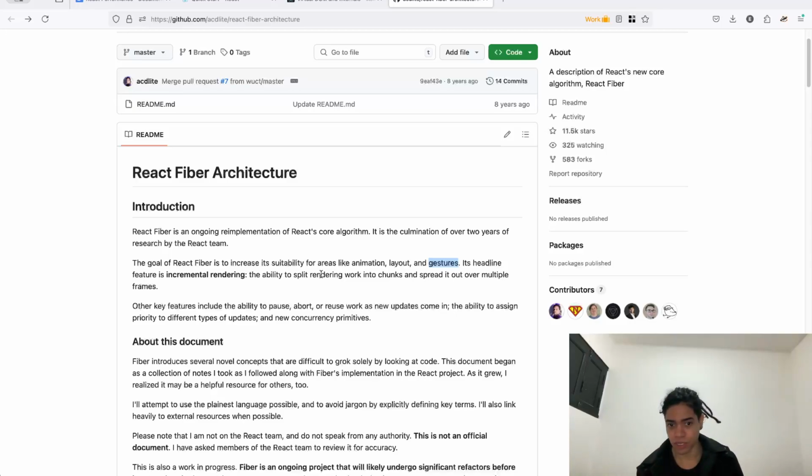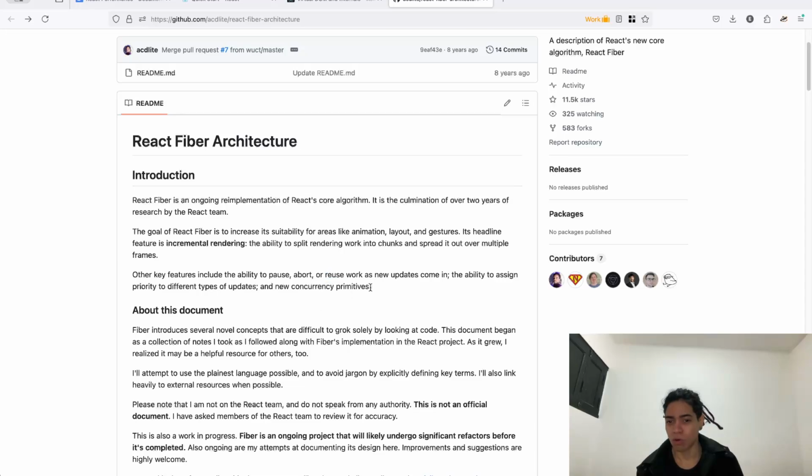Other key features include the ability to pause, abort, and reuse work as new updates come in, the ability to assign priority to different types of updates, and a new concurrent primitive. But the whole goal of this React Fiber architecture, which is a re-implementation of the React core, and this is